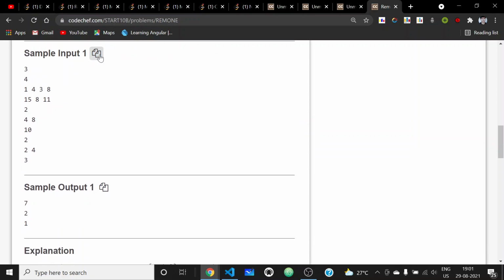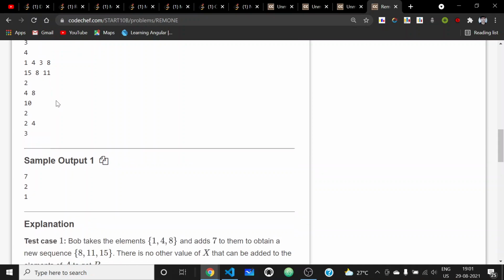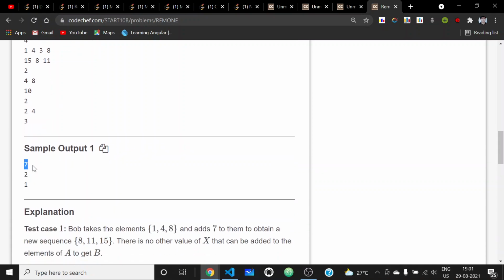So in the example, input one, there are three cases, and the first test case is like this. There was an array 1, 4, 3, and 8, and the second array that was constructed by Bob was 15, 8, 11. So the answer will be 7.